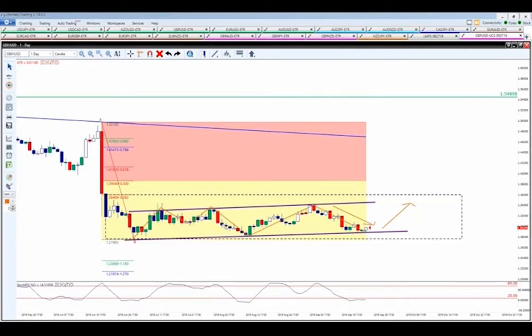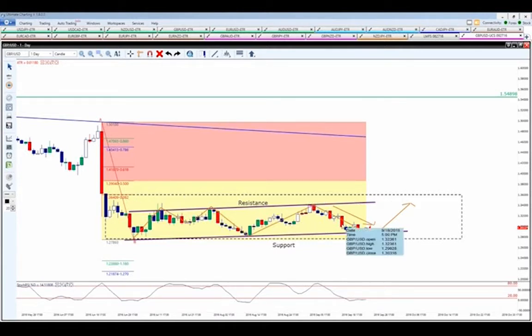This is what we call channeling. The market has been channeling in between these two levels. Now this level up here, once again, without trying to go into too many details here, this is called a level of resistance, and this is called a level of support. Now we haven't gotten that red retracement pullback yet. So ultimately we're looking for the market to at least pull back to this 0.382 level here.